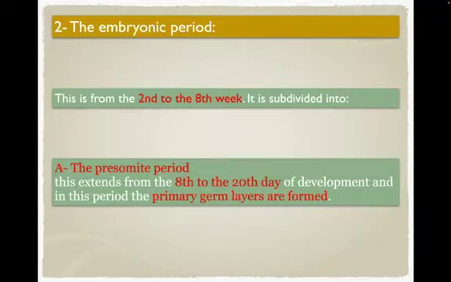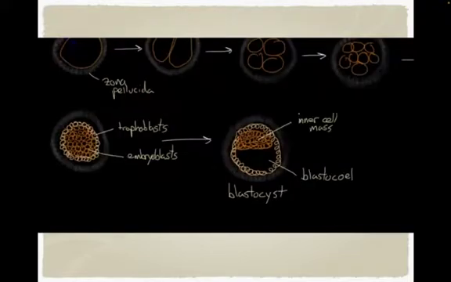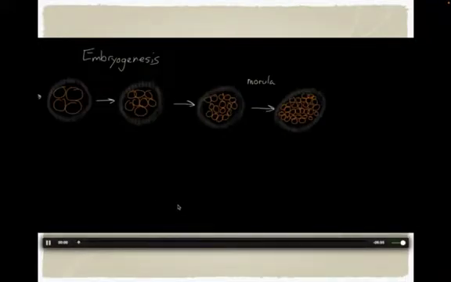Now, the 2nd week, which basically we said that the previous stage takes up to 7-8 days. Now, this starts from day number 7. This stage is subdivided into the pre-somite period, and this one starts by the 8th day and finishes by the 20th day. And the main feature of this stage is that the primary germ layers are formed at that stage. So what happened exactly